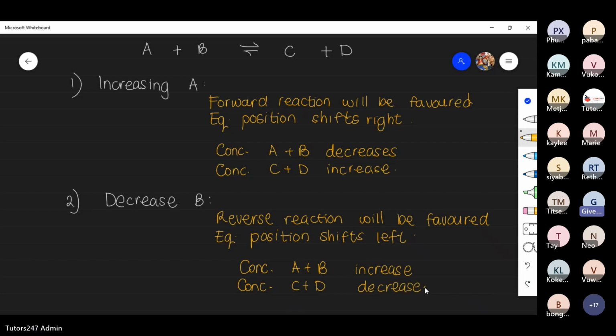Okay. So that is how we would counteract, or how the system would counteract an increase in A or a